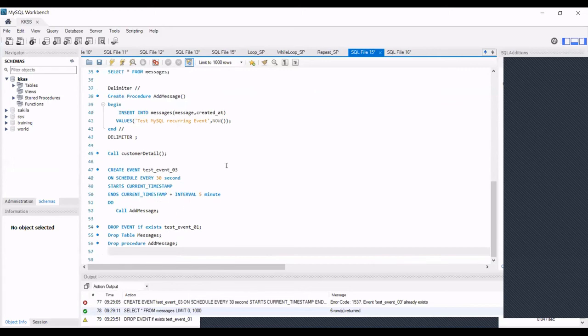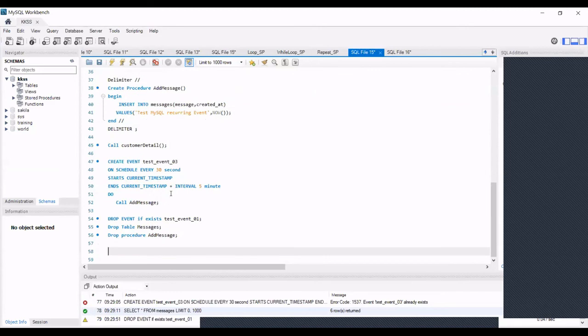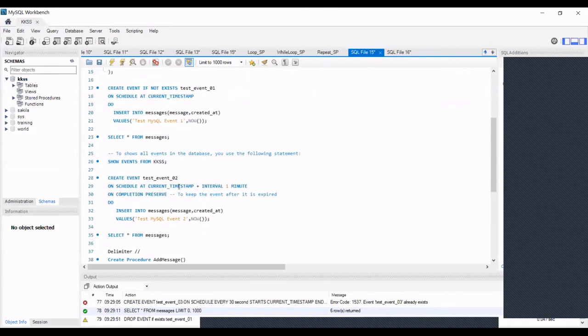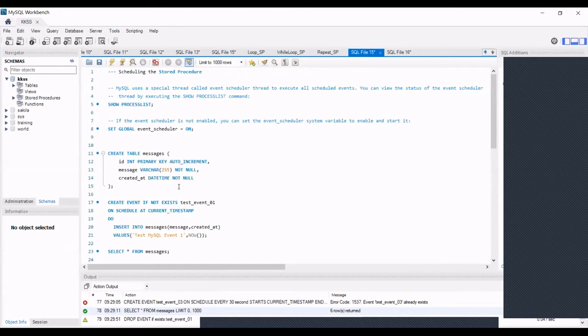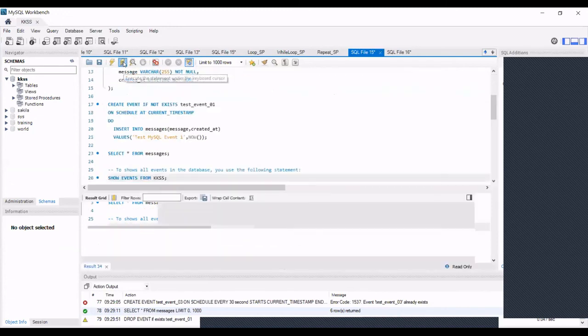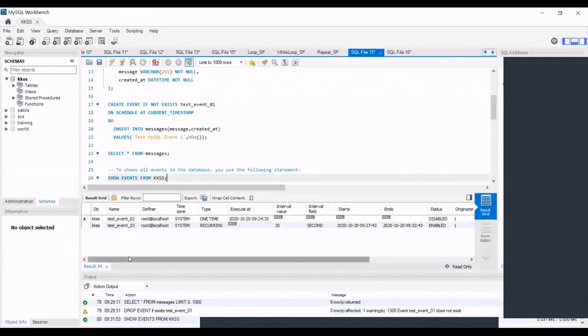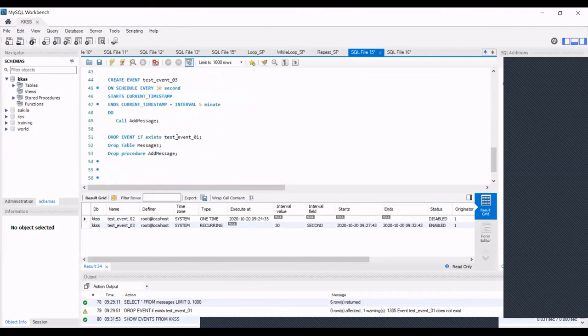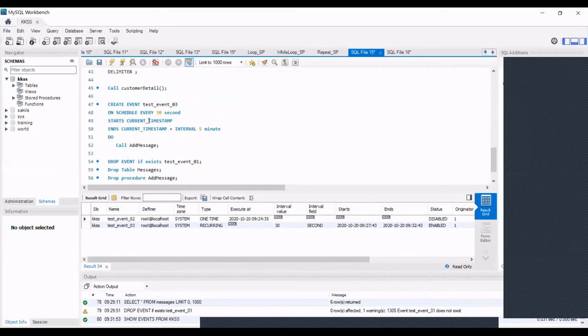Okay, then what's the reason for preserving that event? See, if you want to see how many events it ran, when you go here and run SHOW EVENTS, it's showing 2 and 3, but it would never show you the first event that has already occurred. And you can see the status. The second event has been disabled, and the third is enabled. After 5 minutes, this event will also disappear, and you won't know which events ran, because we are not using the ON COMPLETION PRESERVE command here as well.